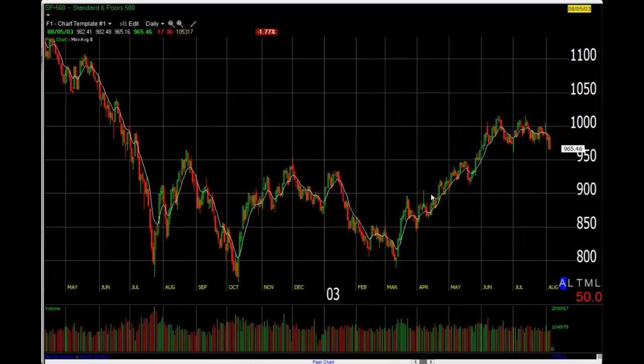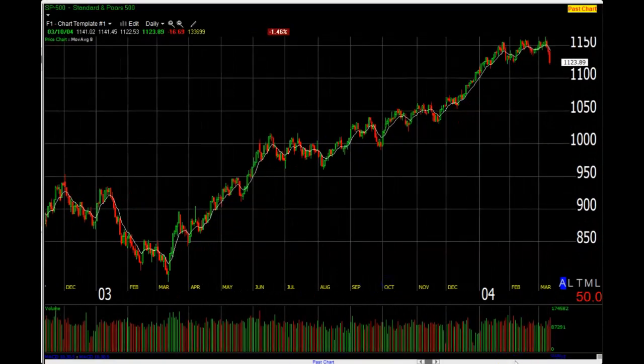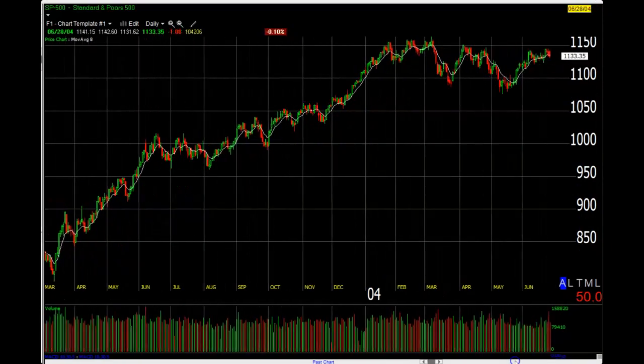All right, well, before I walk it forward to June of '04 when they increased rates back then for the first time, I just want to take a quick look at the market bottoming in late '02, early '03. Back then, rates were at historic lows, I believe right around 1% or so. And you can see as I walk this forward, it didn't take long for the market to rally before the Fed decided to start raising rates. Only about a year or so from the actual bottom, right about here till they raised rates for the first time. So you could tell back then the Fed was not comfortable with leaving rates so low, not nearly as comfortable as they are right now.